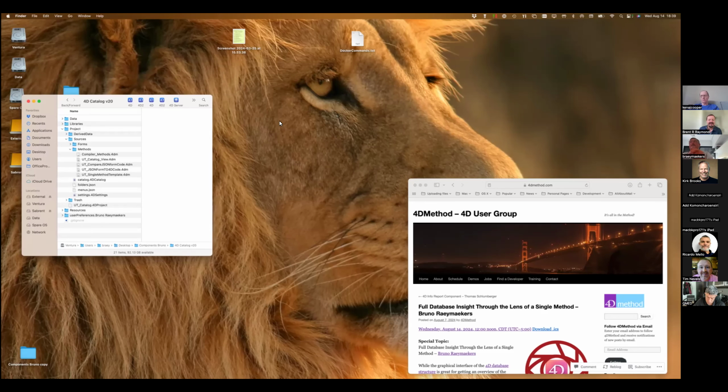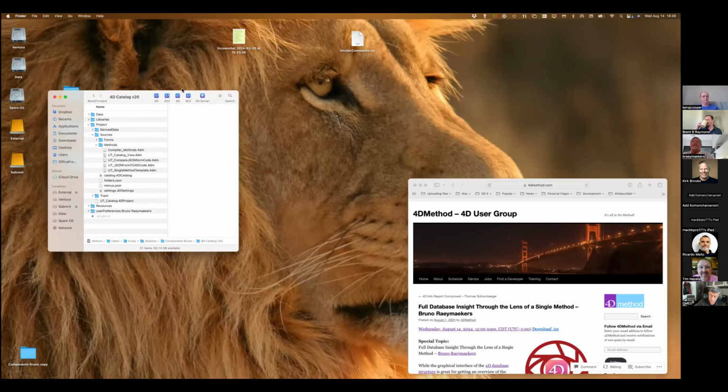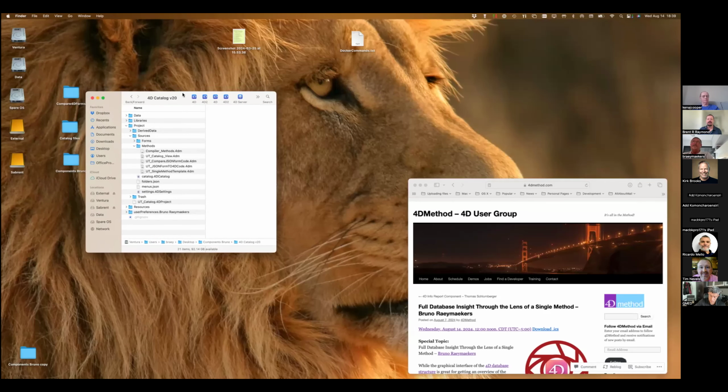Yep. Okay. Good. So as the title of this session already suggested, what we're going to show today is a lot of information about the structure of your database, all in one place. We do have a great graphical presentation in 4D, but once you get over 100 tables and a couple of thousand fields and indexes, it sometimes becomes cumbersome to look at or to find your way through it.